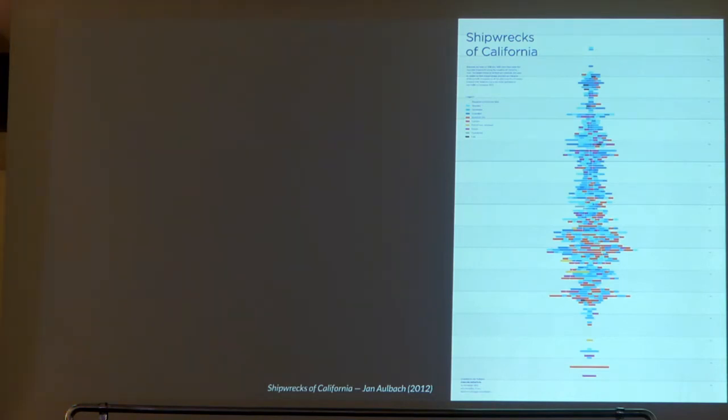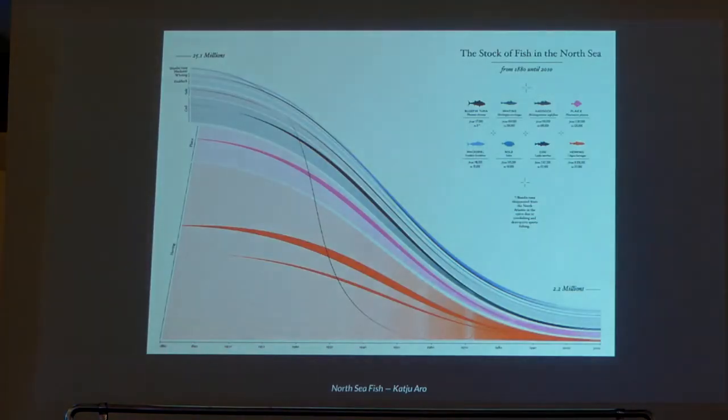And what's interesting is that in the beginning there's lots of crashes, then there's a lot of maritime transport, so there's lots of stuff. And in the end you see the safety has improved a lot, so there's not many crashes, or not even at all. But if there's a crash, it's a really big one, because the sizes of the ships are much bigger. This is a visualization of the stockfish in the North Sea, and as you can see, it's quite dramatic.